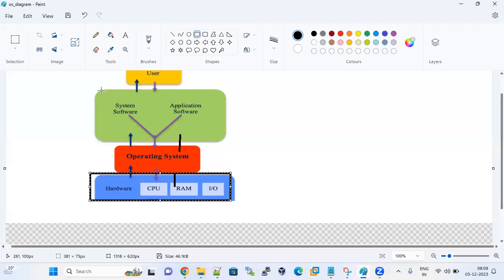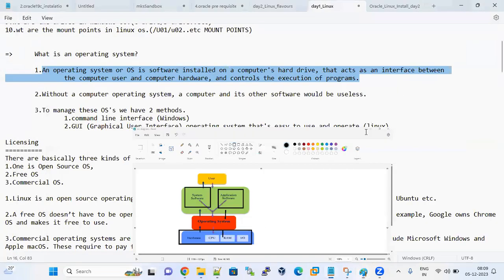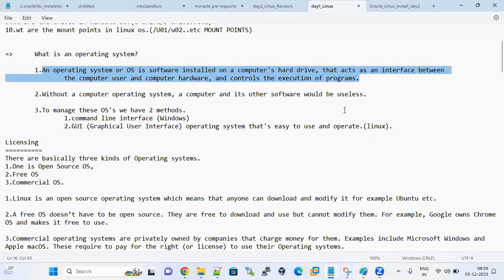This is the system software. This is the application software, which could be anything, like Flipkart or Amazon. Here the user wants to access application software. So one operating system must be installed on any computer. The OS acts as an interface between computer hardware and computer user.